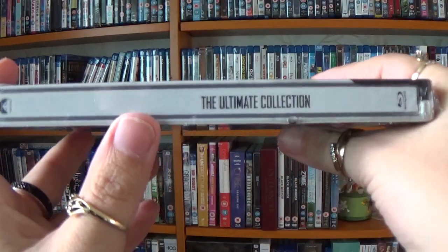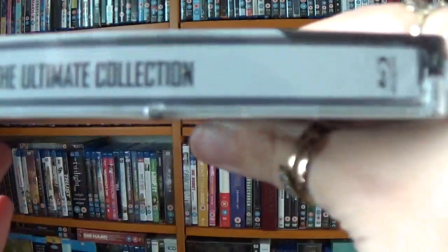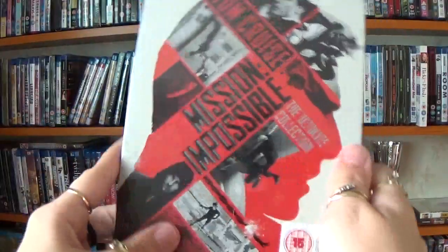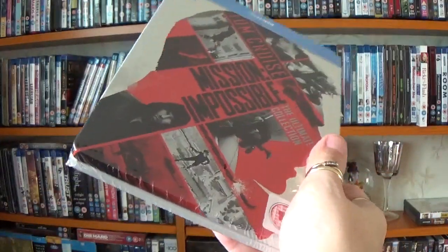Got the Ultimate Collection of the Mission Impossible films on Steelbook. And this one annoys me. The Ultimate Collection of what? There's nothing else in the spine. That really annoys me. I think this would quite possibly have a better backing on the inside, but I haven't watched them again since I originally had my...